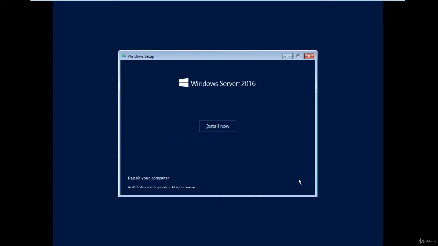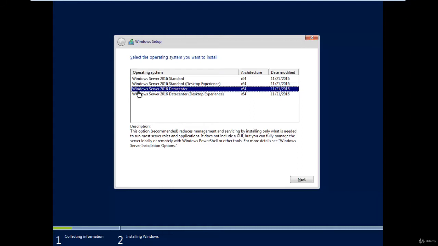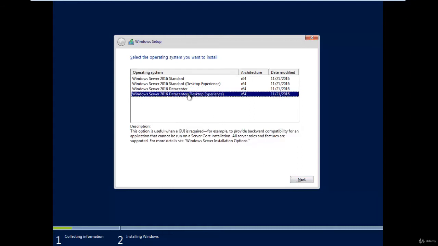Click on Next. Click on Install now. Select Windows Server 2016 Datacenter with Desktop Experience, and now click on Next.